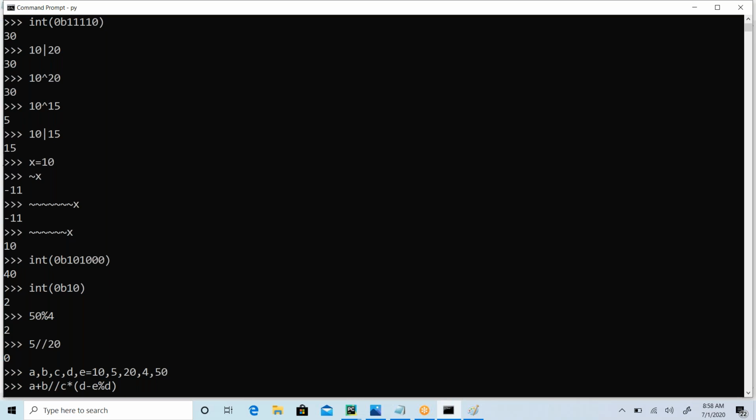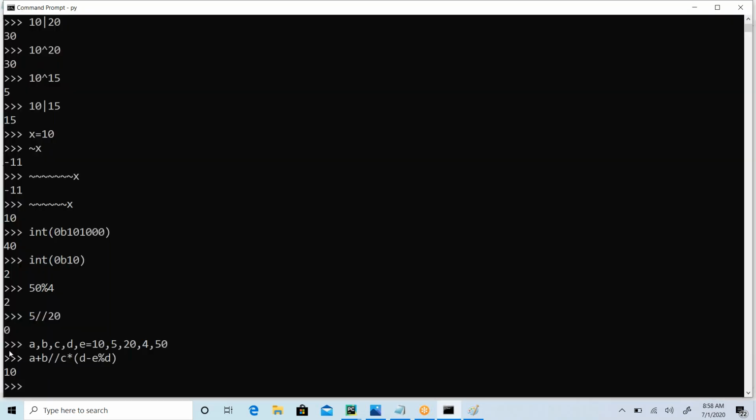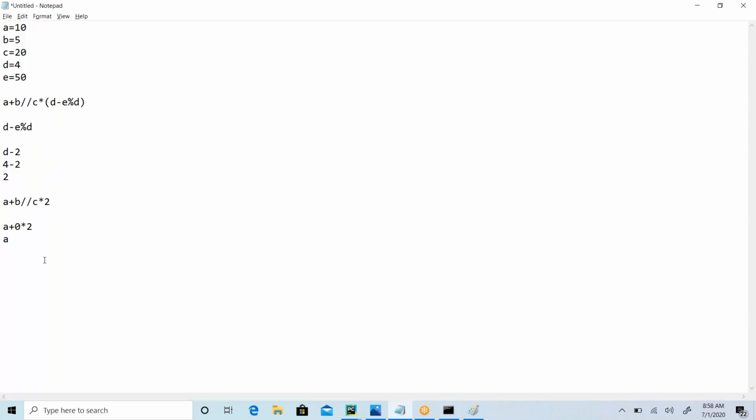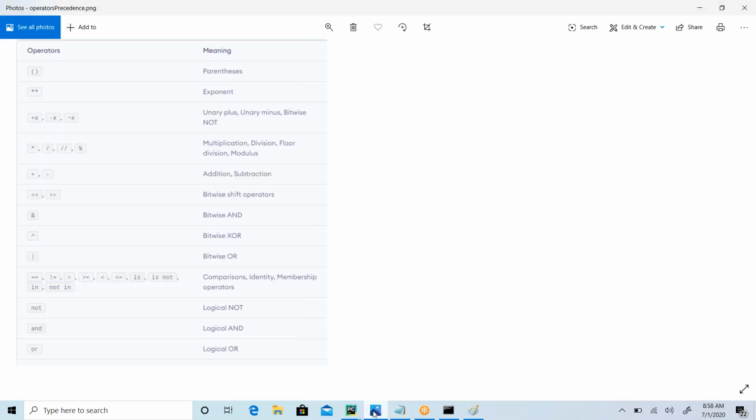If you follow that, you would be able to answer it. So what is the output, guys? 10. If you follow that, you would be able to answer it. Hope you understand. The value of it is 10. So that's how you can calculate. You have to follow this chart.